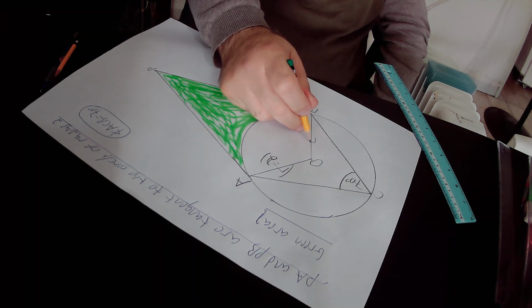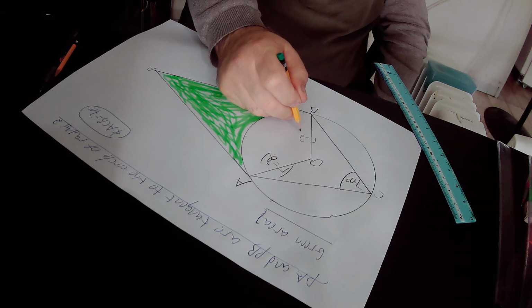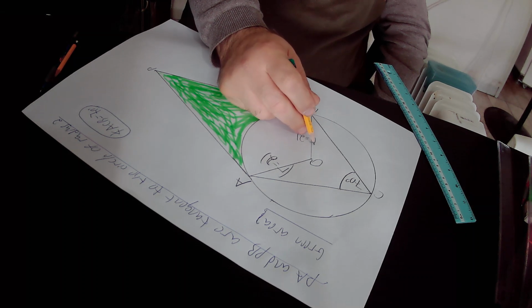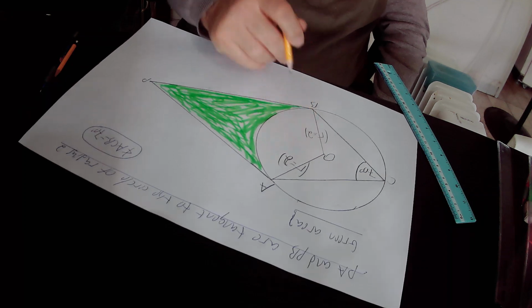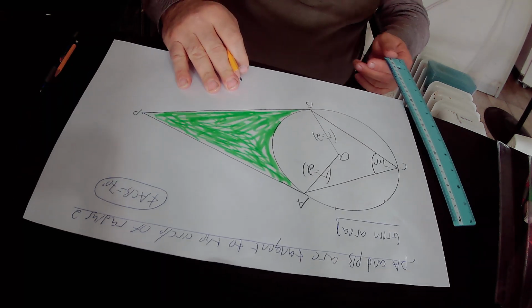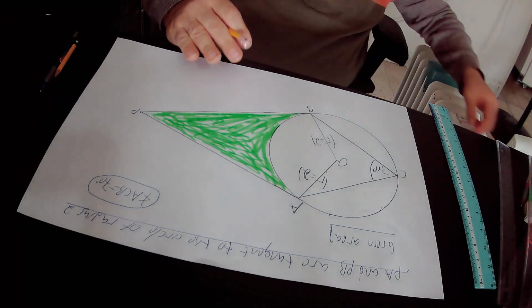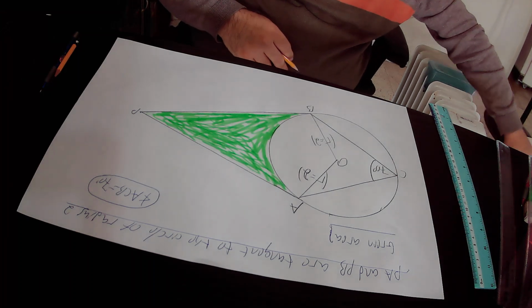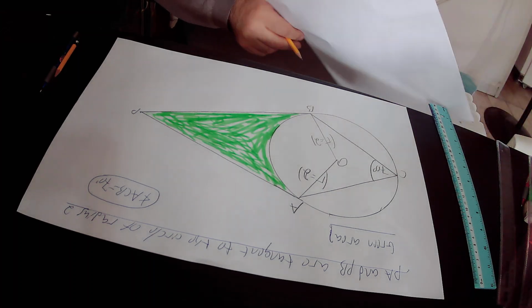So the radius R equals 2. So I can implement here rule 1. According to rule 1,